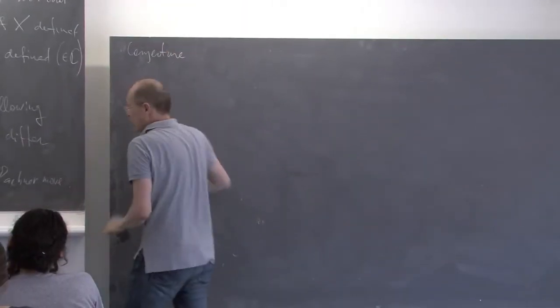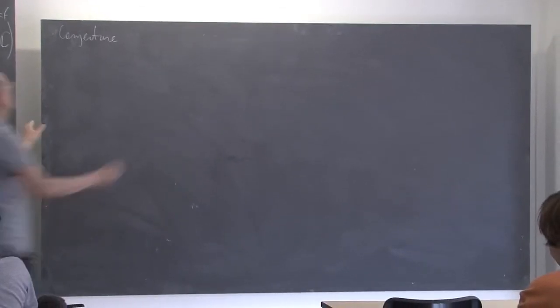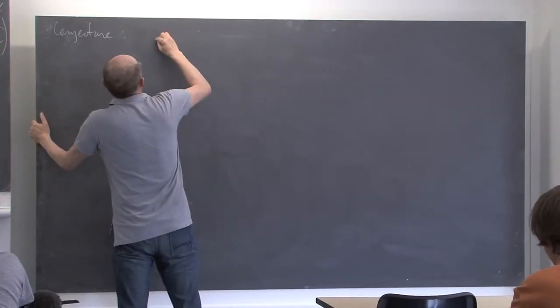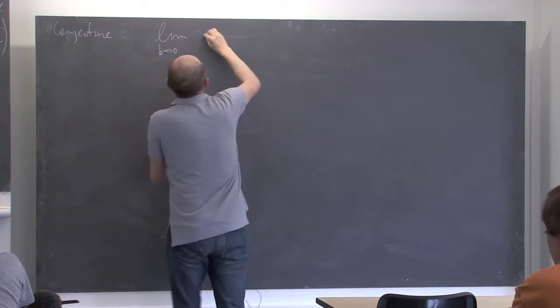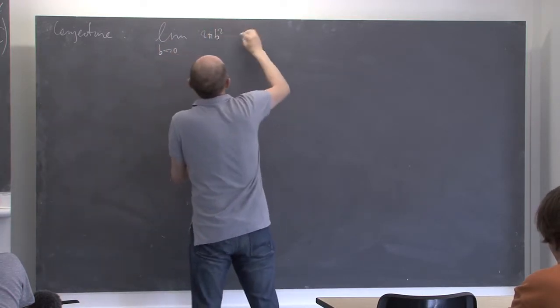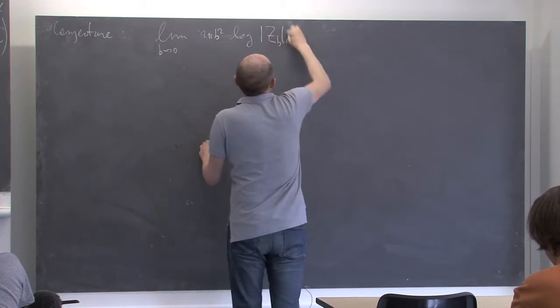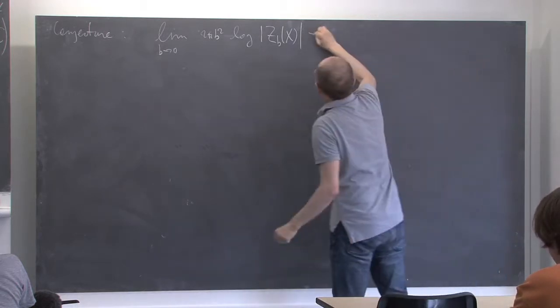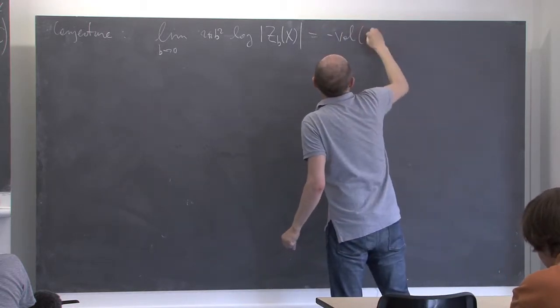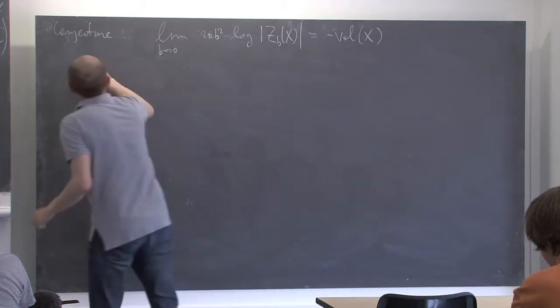So I don't put any number because it is only one conjecture of the whole course. I'll limit, when b goes to 0, 2 pi b squared log of ZB of x is given by minus volume of x, where